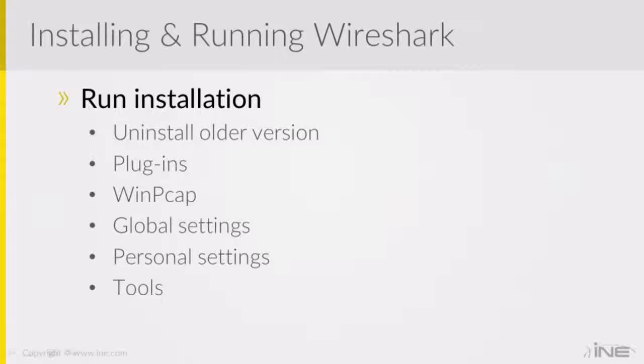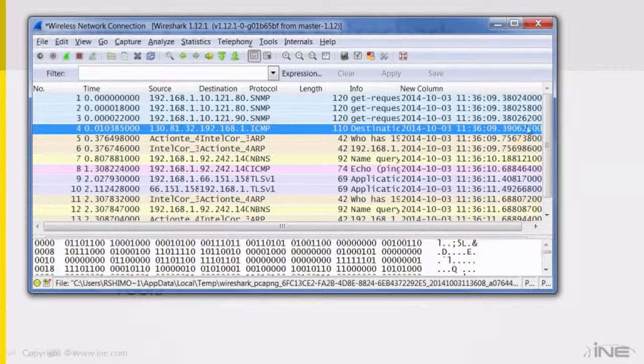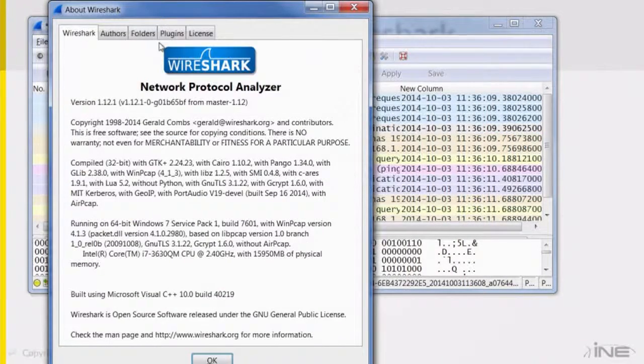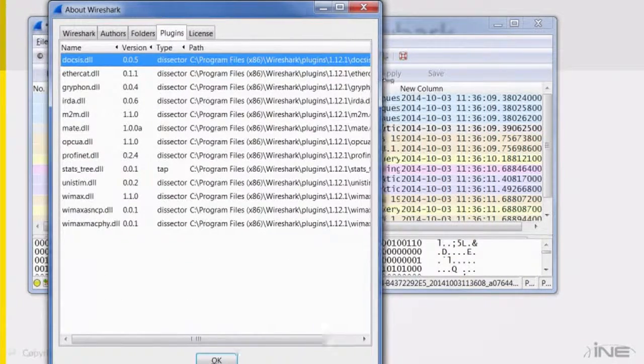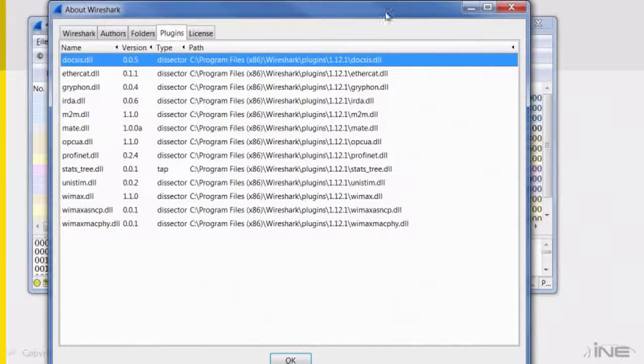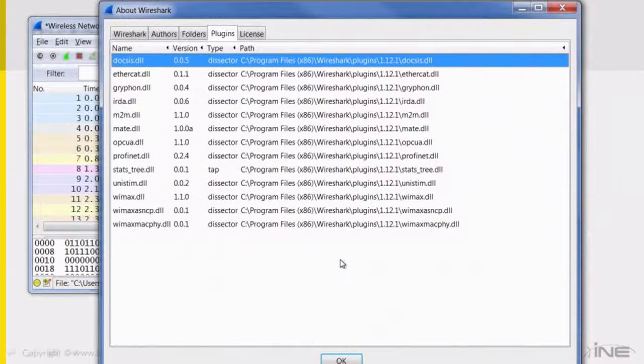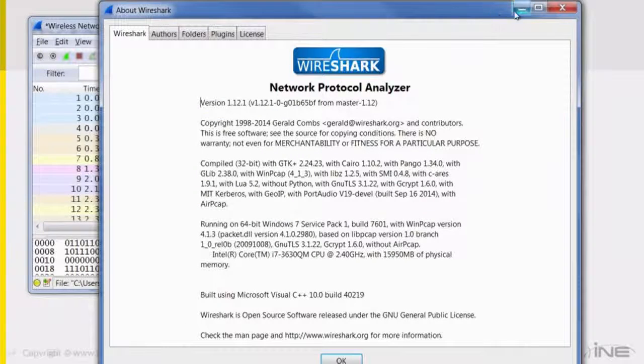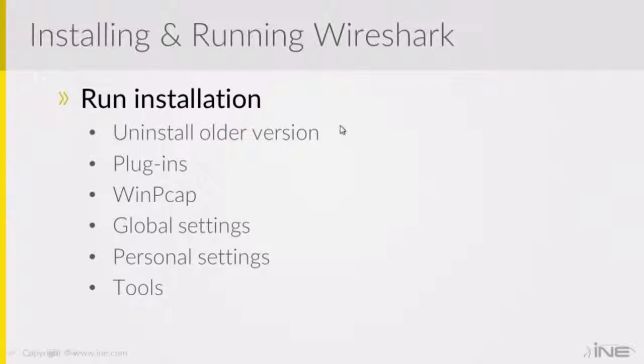Also plugins. With plugins, you have a plugins folder, which is pretty much the dissectors, the underlying development code, and these are shown as DLLs that allow you to specifically work with certain types of data. Now, for wireless as an example, you would use the WiMAX dissector, which is a plugin as part of the Wireshark tool. So it's important to understand that